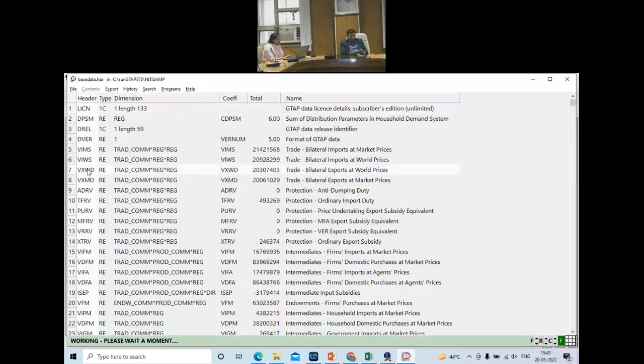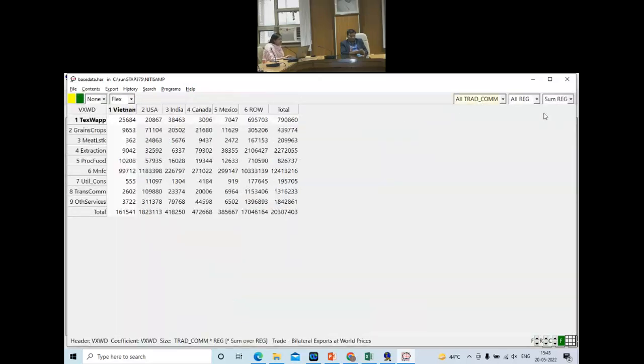Now, for the commodities, for example textile, I have not changed the sectoral aggregation, but if you can see the regional aggregation, it's Vietnam, USA, India, Canada, Mexico, rest of the world. Now, if you want to see all trade commodities, I'll keep it as it is for now. The first tab is for the exporting country and the last tab is for the importing country. So when I click on, let's say, Vietnam,